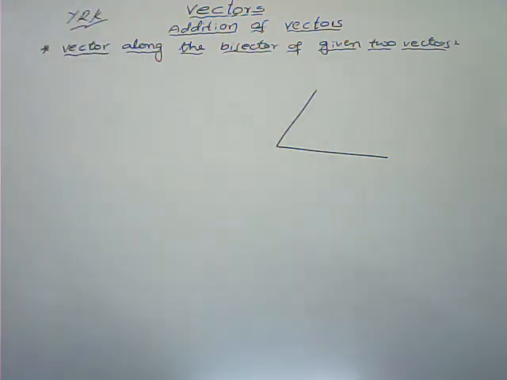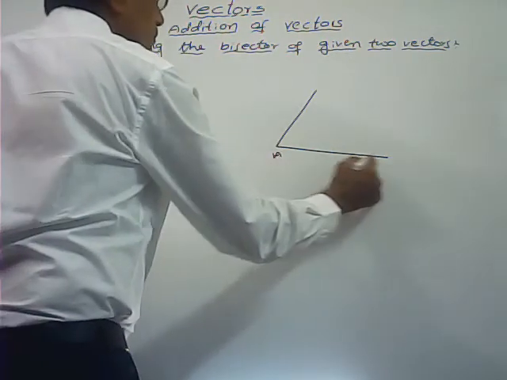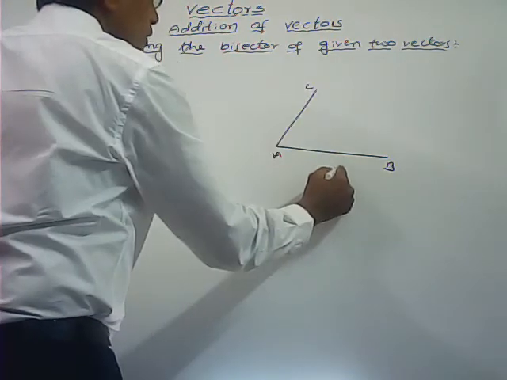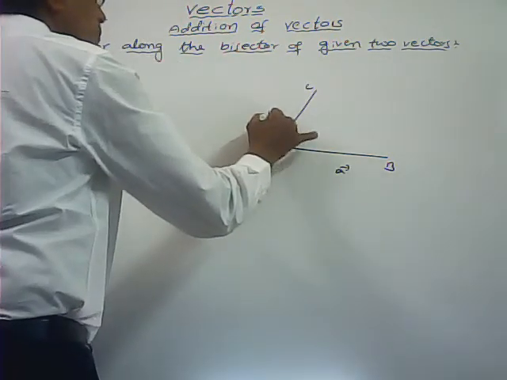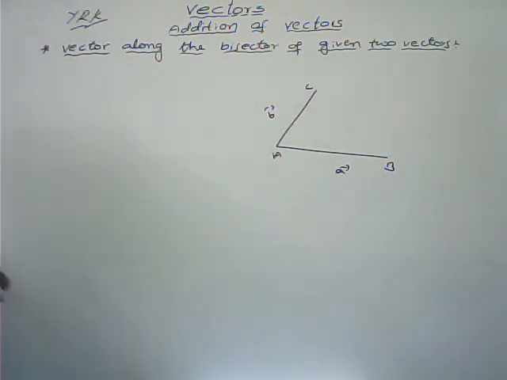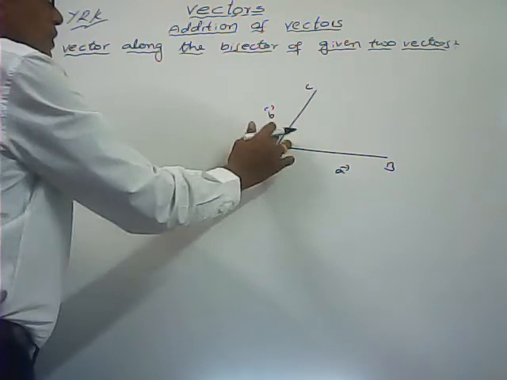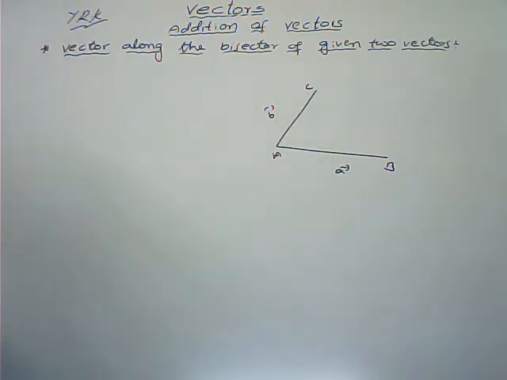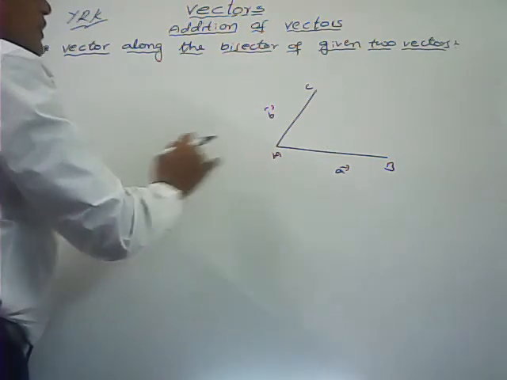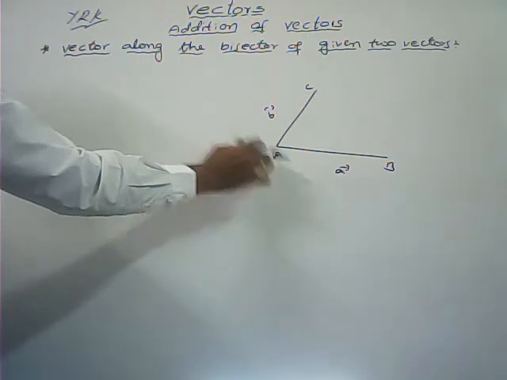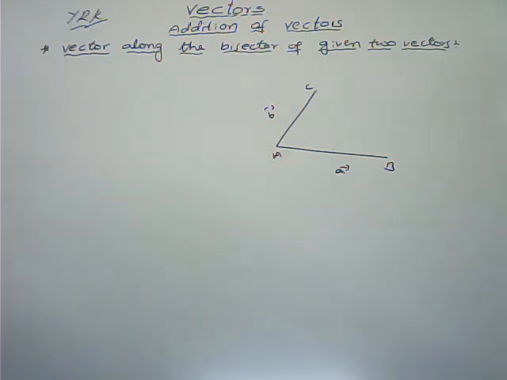Here I have taken these 2 vectors, AB bar and AC bar. This one I am taking A bar and this one I am taking B bar. If I complete the parallelogram, in a parallelogram the diagonal is not necessarily the bisector of the angle between these 2 adjacent sides. There is no compulsion. In some cases maybe that is the bisector, but in general we can't say the diagonal which passes through the intersection of these 2 adjacent sides is the bisector. We can't say that one.